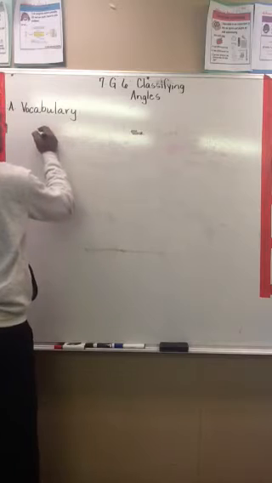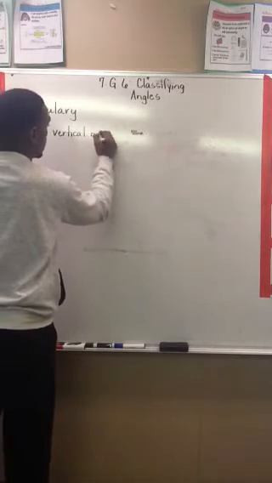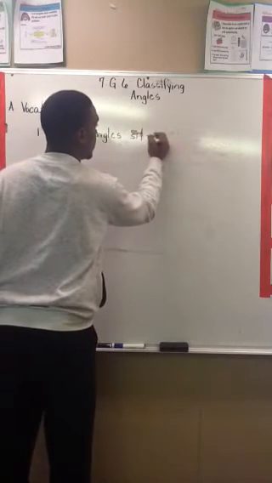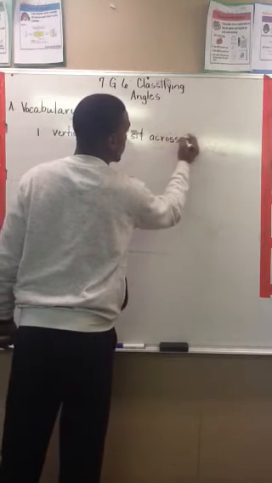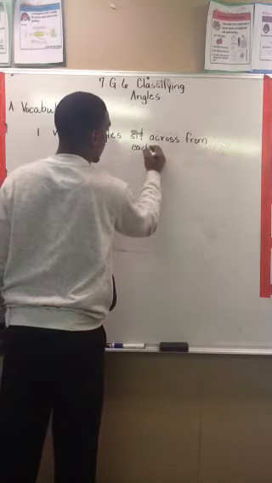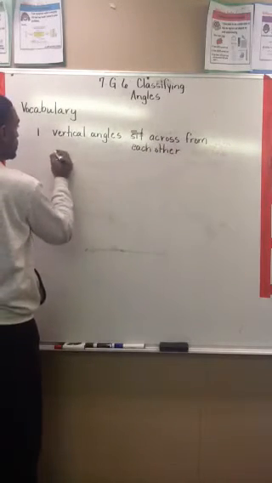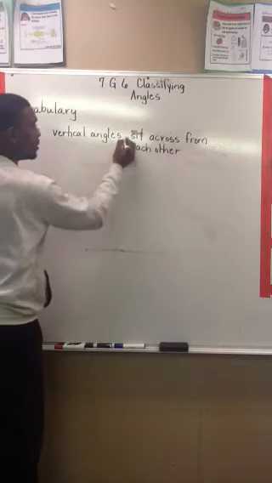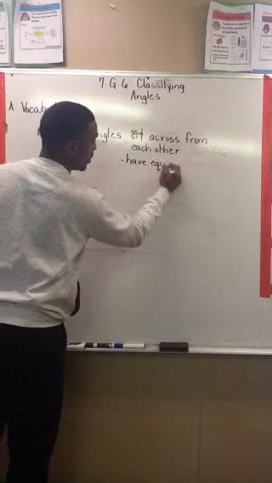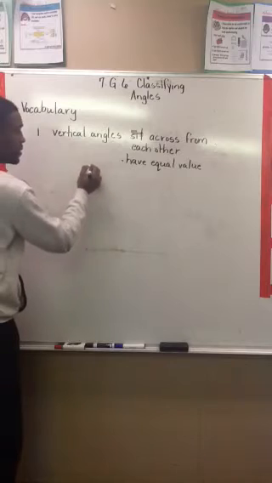Vertical angles. Vertical angles sit across from each other. They also have equal value. So if I drew some angles,